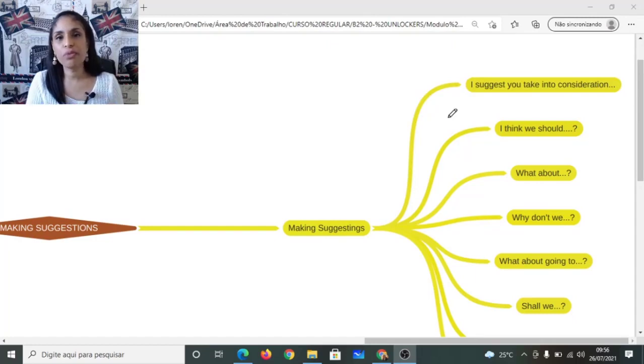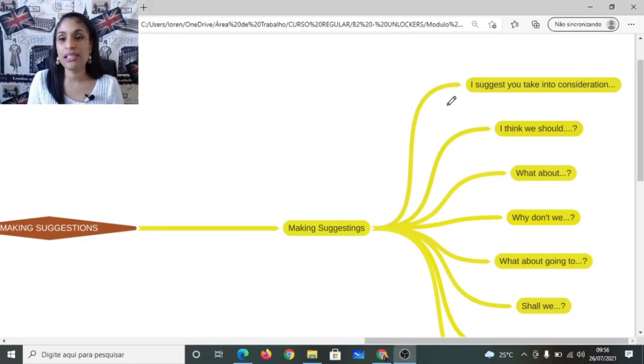But if I'm talking to a person that is not close to me, I need to change the way that I speak. So I can pick, for example, another modal verb. Instead of saying can, I can choose may or even could. It depends on the situation. So the point for you guys in English is to understand when I need to use the exact language. That is the point here, okay? So let's check it out together.